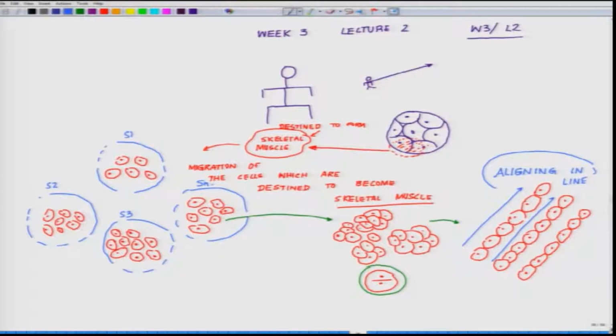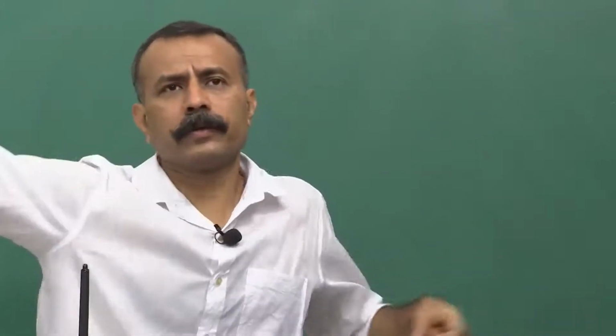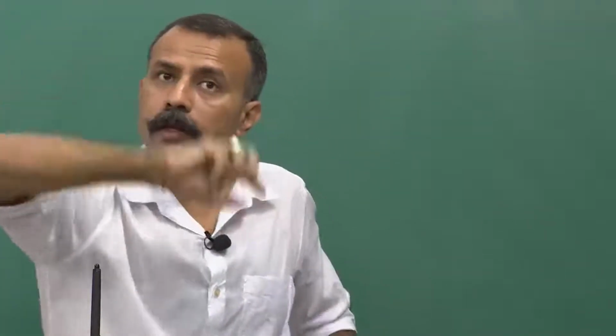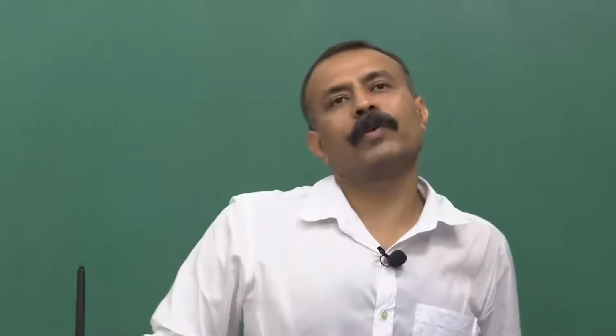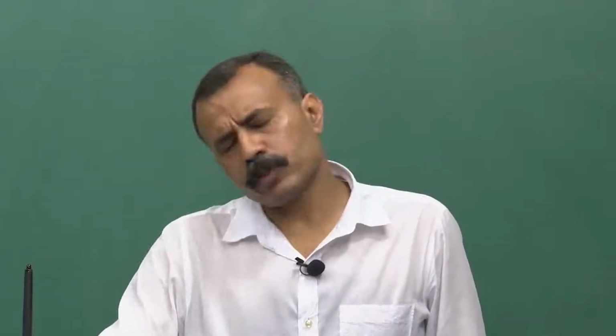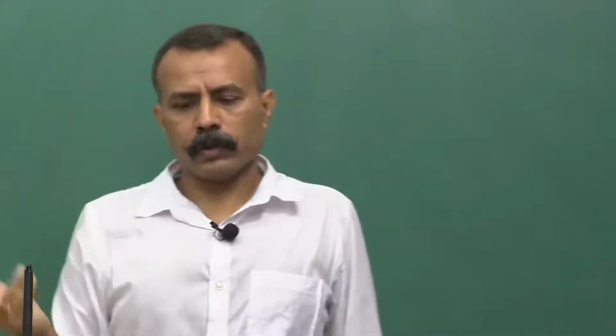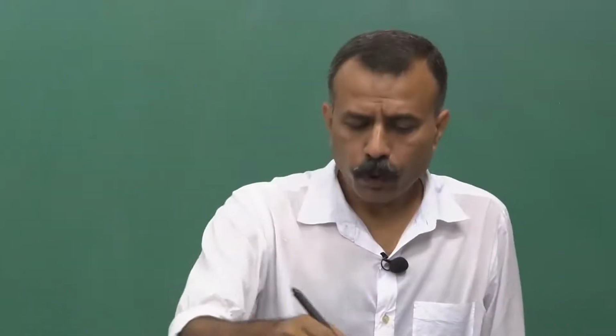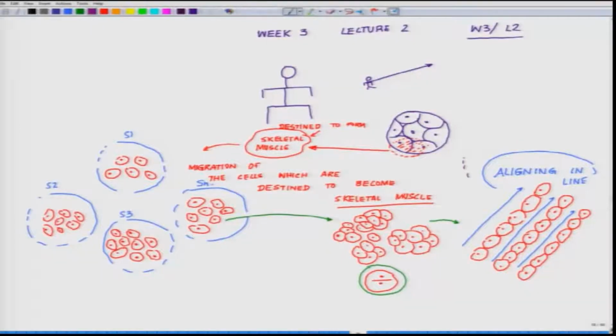Now, what I was trying to tell you, it must strike you, what are those molecular players? Who tells them that you have to align like this? You won't align like this, you'll align like this. These are some of the biggest challenges of modern biology. Who tells them all these things? How do they know they have to align like this? Did it strike you? It should strike your brain that there have to be certain molecular players which are present here, who are telling them, this is the guidance cue. These are called the guidance cues or